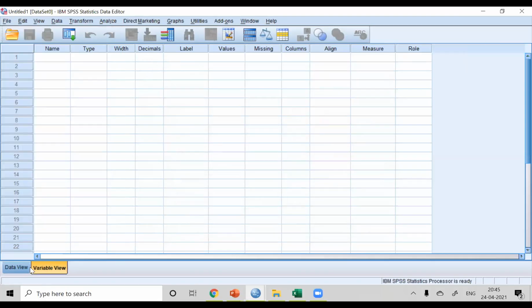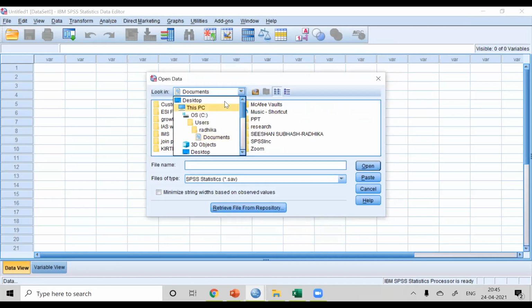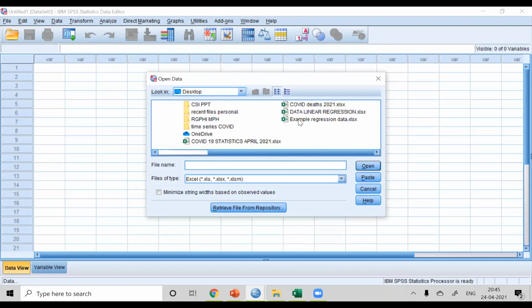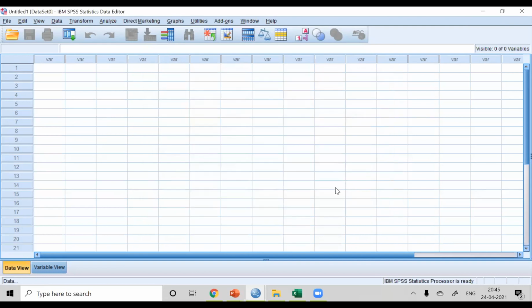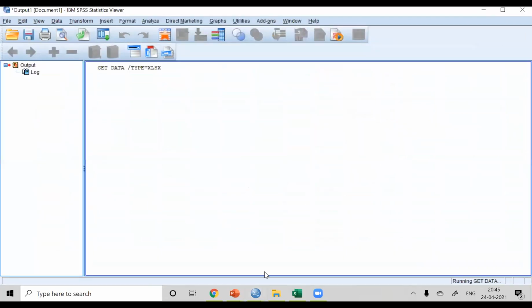I'm trying to open it again. So I have a data. Just opening that. So this is the data I have got. I hope you can see the screen.